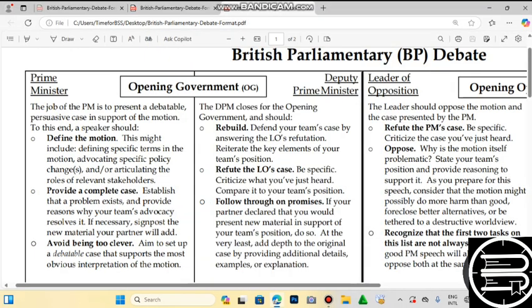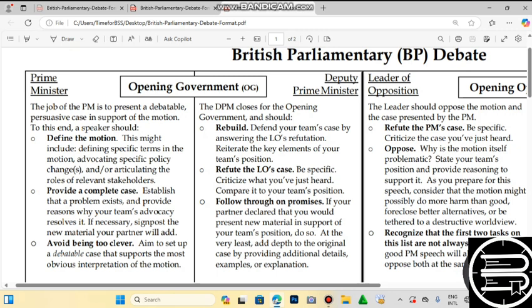So I was explaining that as the Deputy Prime Minister, you refute the leader of opposition's case. Be specific, criticize what you have heard the leader of opposition saying, compare it to your team's position, follow through on promises. If your partner declared that you would present new material in support of your team's position, do so, because it's all about you strengthening your side of your argument. Then you move on to say that